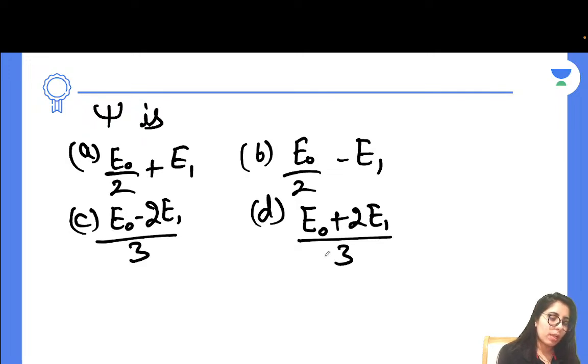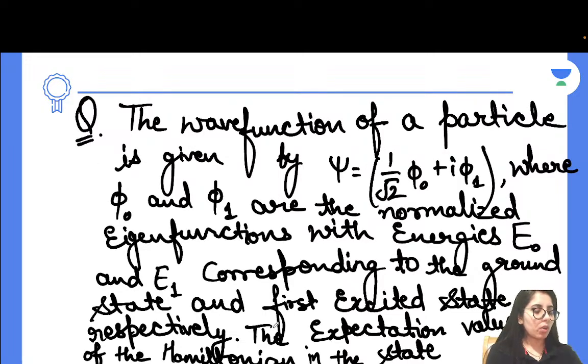Try it now and let me know in the comments what is the right answer according to you. If you are not going to get it, I will surely be helping you in that case. I'll let you know what steps you have to take and how you will be able to work on any such type of question.